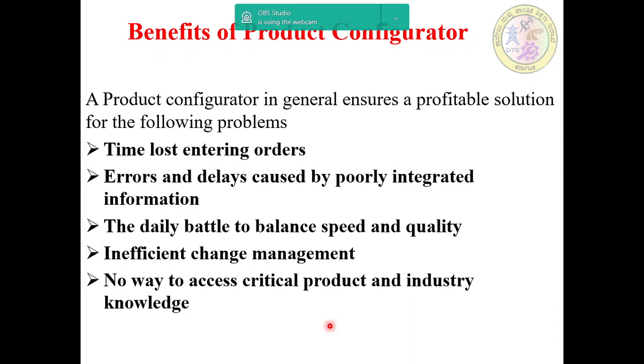These are the main benefits of this product configurator. We'll discuss one by one.